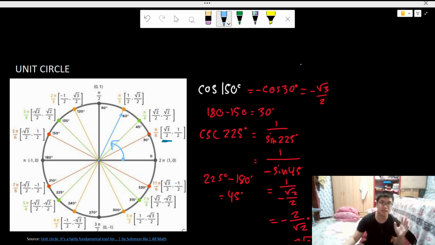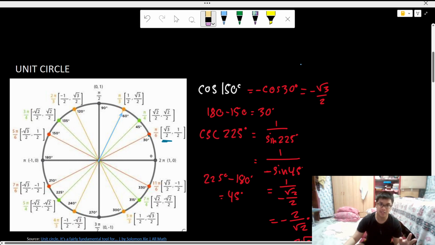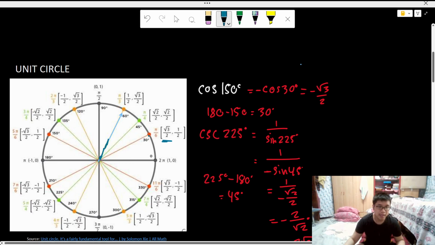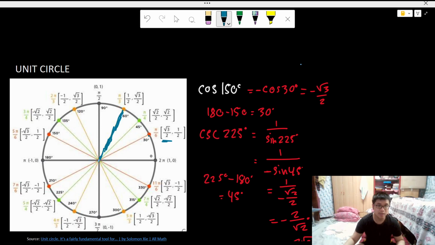Because remember, the radius of a circle is any line segment between the center and an endpoint. So this one, I think I have to use a darker color because I'm having a hard time. So again, this is your terminal side. And in this case, this is also your radius. Why? Because you see,